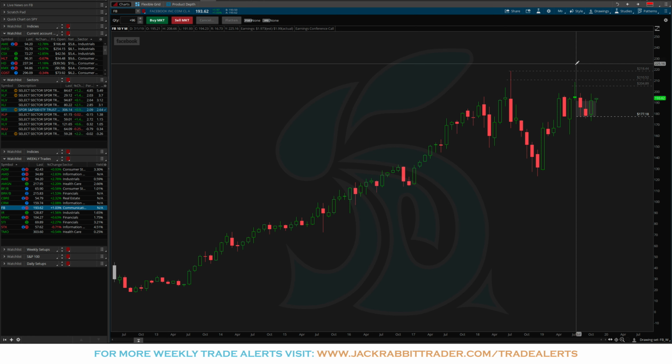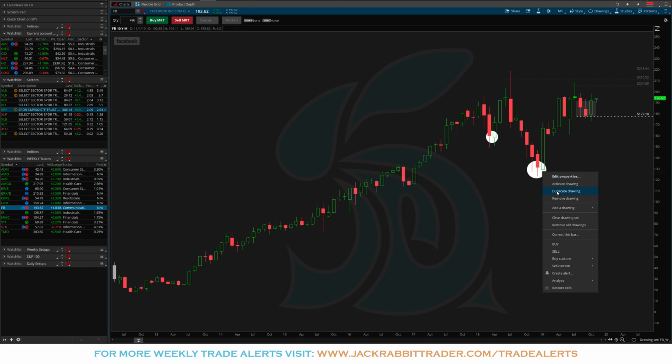And again, if you zoom out to a monthly chart, you'll see that over the course of that monthly chart, this thing has trended very nicely and is now in the upper range of a much larger consolidation pattern. Okay, and here is that pattern right here, and potentially even an inverse head and shoulders pattern, which, not to get too technical, but there's the left shoulder, the head, and potentially somewhere over in this area, the right shoulder,